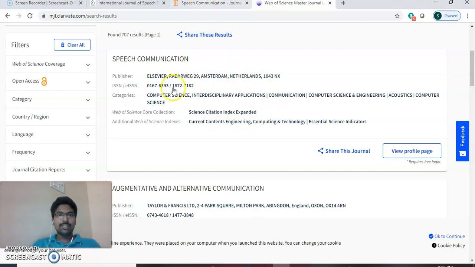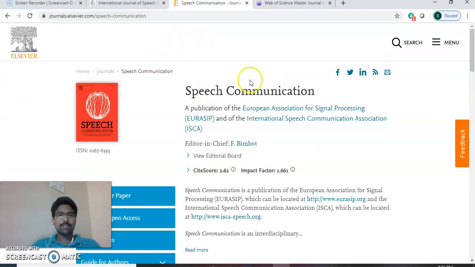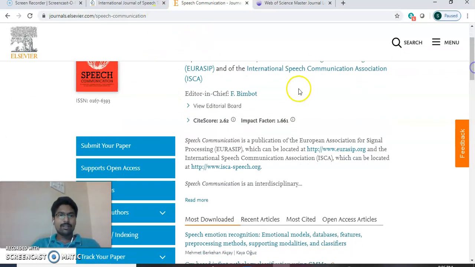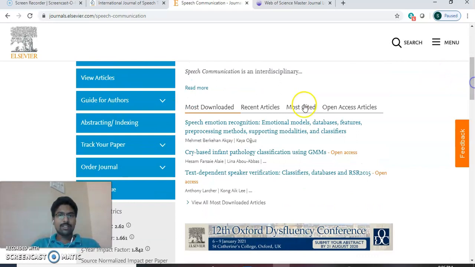Now we can see this same status, Science Citation Index Expanded, on the actual website also, the Speech Communication journal website. This is the ISSN number, and on this journal home page you have to go to abstracting and indexing. For any journal, abstracting and indexing is what shows whether it is Scopus indexed or SCI indexed or not.